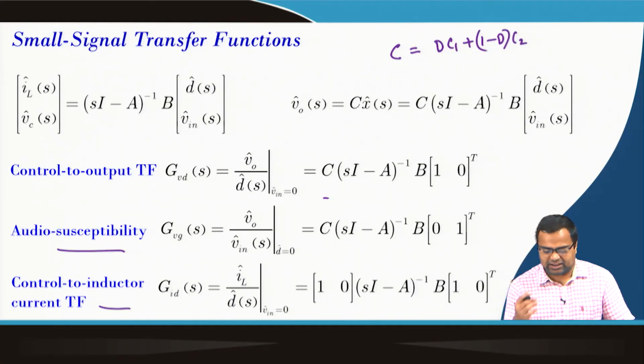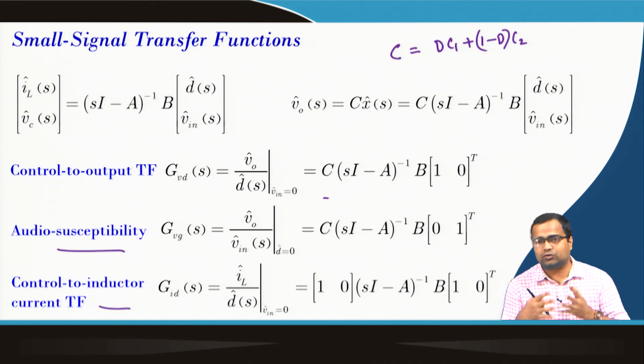So, we will see in subsequent lecture what the transfer functions are and how they look, and we also want to derive such transfer functions using the circuit averaging technique, and compare which one is accurate, whether they are the same or different. Then we want to show the validation of the small signal model, both large signal and small signal model, and match the time domain response of the actual switch simulation with the same thing obtained from the linear small signal model, and that we want to verify